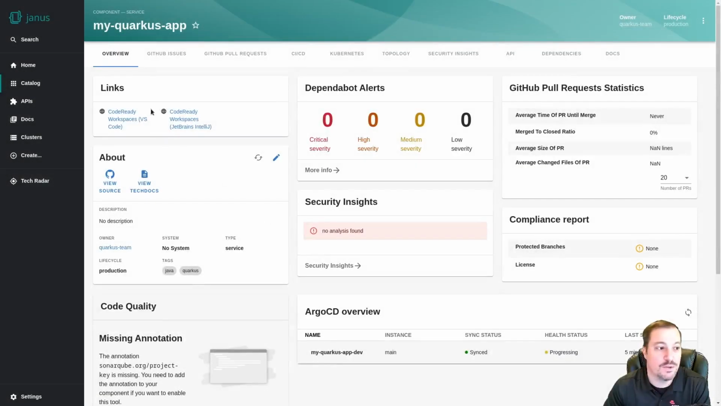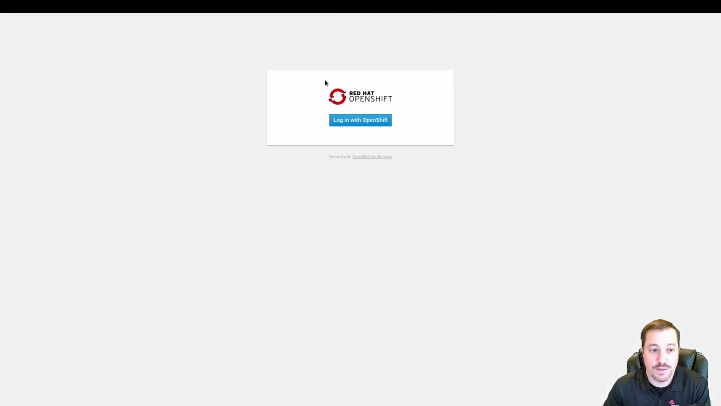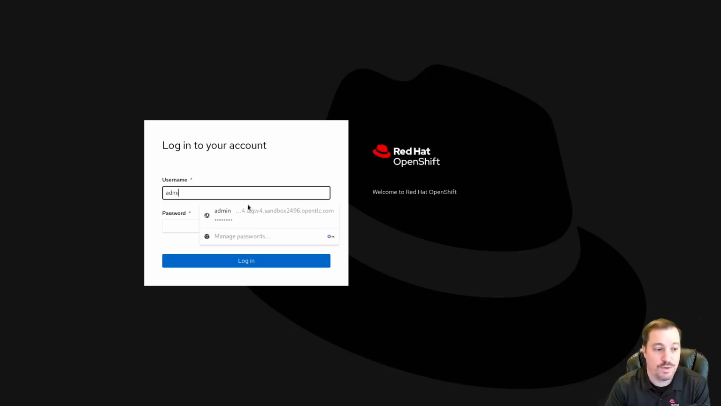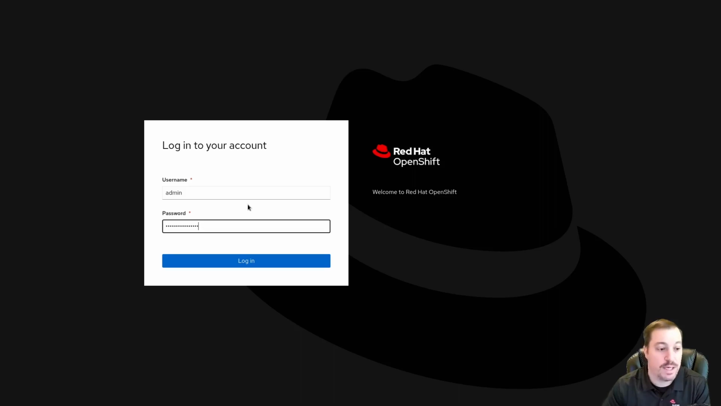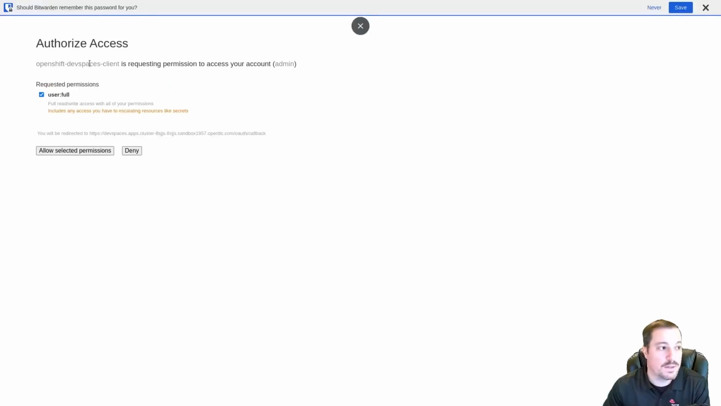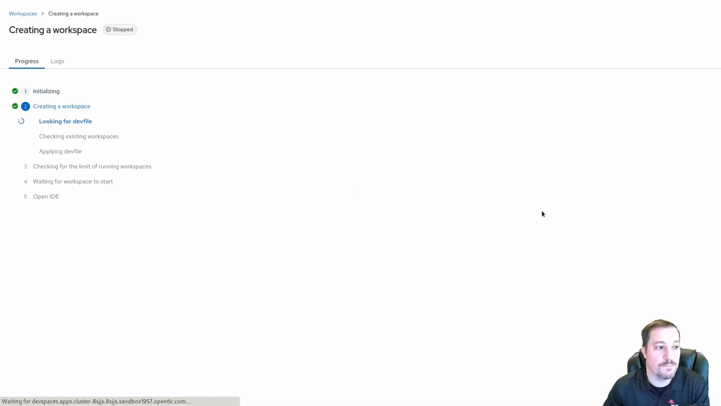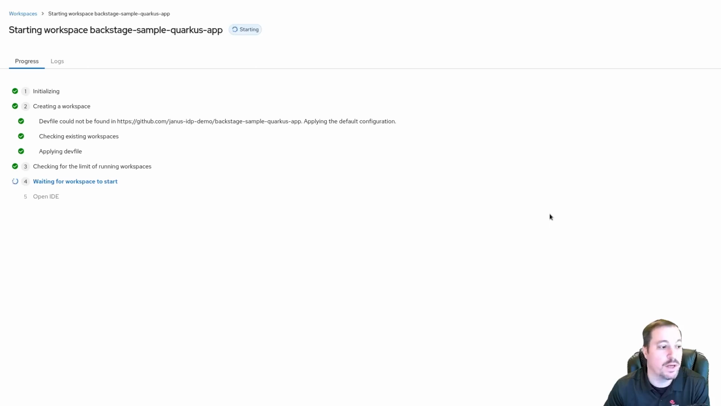The next thing we can do is click on this Code Ready Workspaces link, and if we launch this, we're going to see this login with OpenShift. So you can log in with your OpenShift username. I'm going to log in with admin here. And it's going to ask you for authorization access. Just say allow selected permissions. And then it's going to launch Code Ready Workspaces. This could take a few minutes, being that it's the first time we're in here and it's got to create the workspace for the user and everything else. So while this is running,